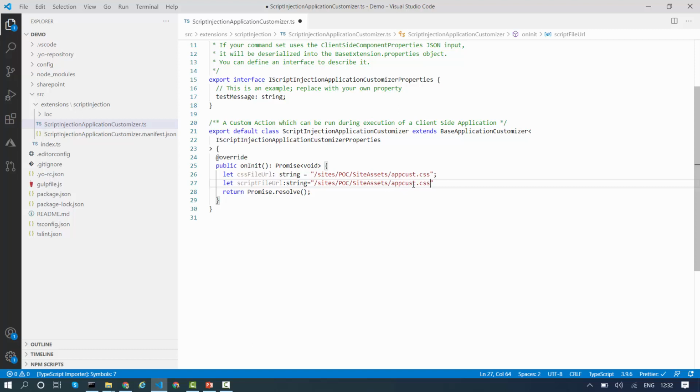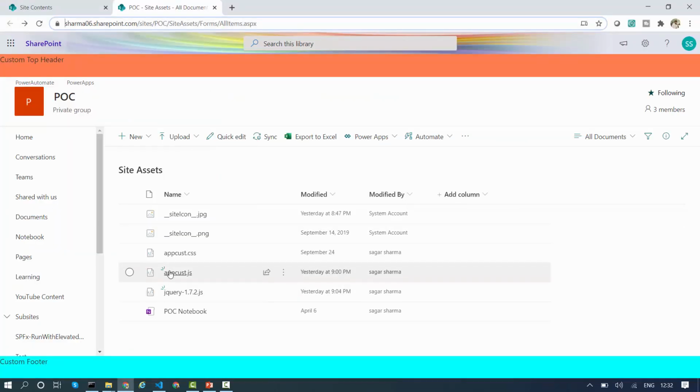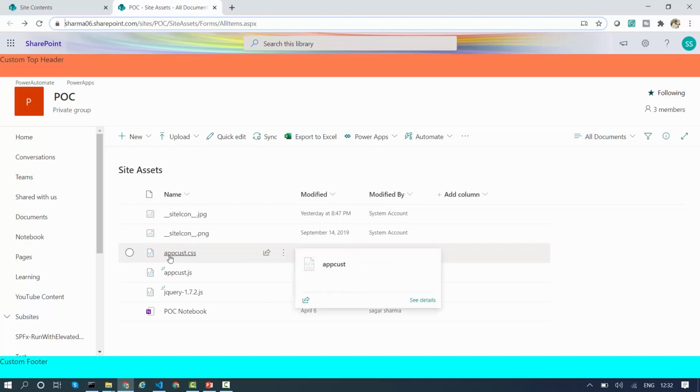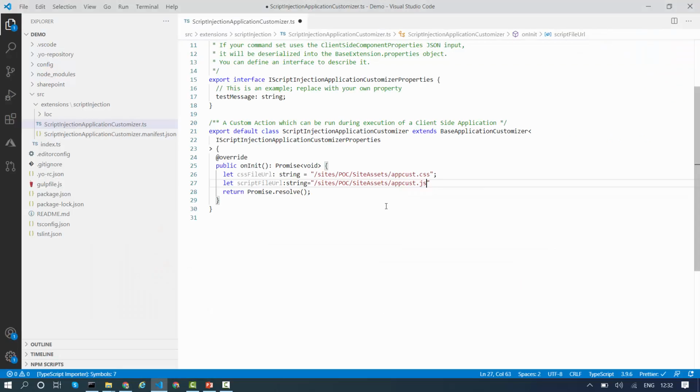Here my file name is appcustomizer.js. I have to just change the extension. Here cust means customizer, so application customizer.css, application customizer.js. So this is also ready.